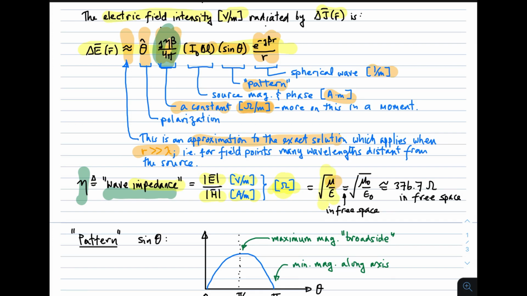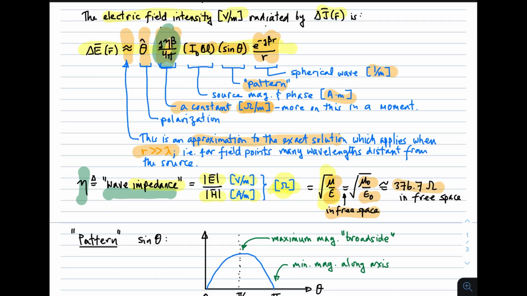Mu being the permeability of the material, referring to its magnetic property, and epsilon referring to the permittivity of the medium, which is an electrical property. In free space, the value of mu is mu naught, a constant. The value of epsilon is epsilon naught. And we find the ratio of those two things, and after taking the square root, it is